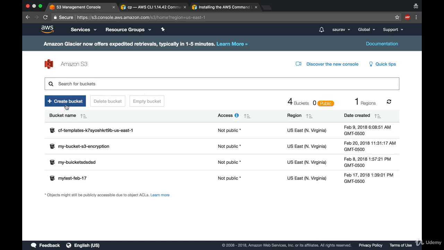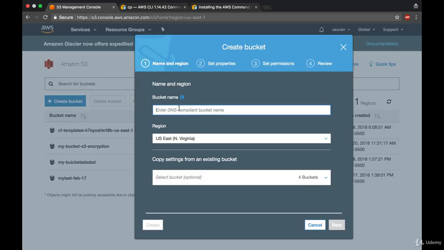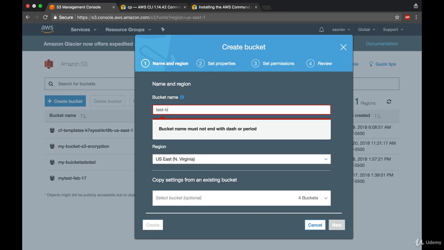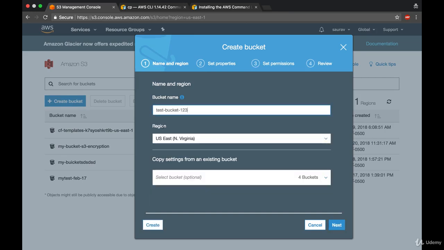So I'm going to create a new bucket. I'm going to show you how to do that with the console first. So with the console, basically test bucket 123. I'm going to name a random bucket. Next,